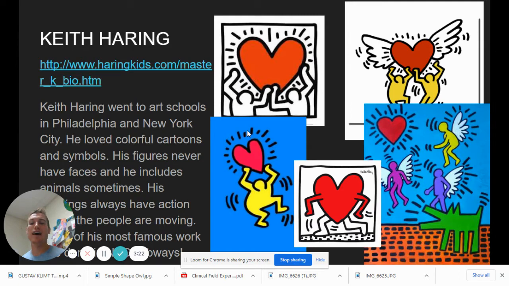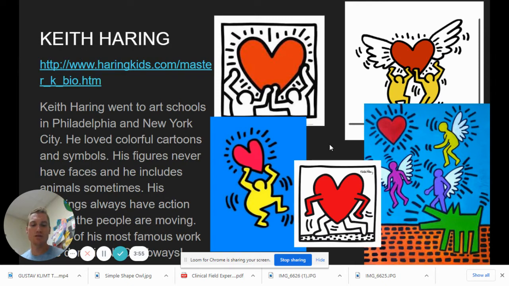And then he loved action lines. Just like in comics, action lines represent movement or emotion and things like that. So you can see the hearts are shining because they have action lines coming off of them. The wings are flapping, so they have action lines. This heart guy's running, so he has action lines. Even the sound is represented from the dog's bark with action lines. So line creates movement and also patterns at the same time.